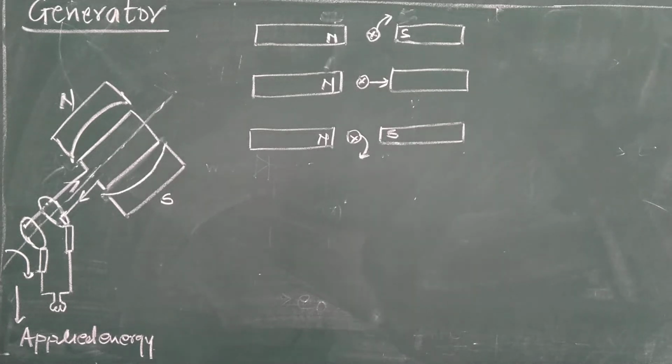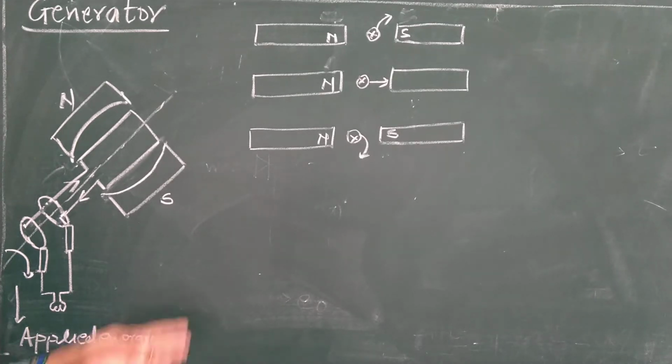Now today we are going to consider the next device, which is nothing but the generator. The working and construction of a generator are the same as those of a motor. Already in the previous chapter, the magnetic effect of electric current, we have seen the working of the motor. We have seen one topic, torque acting on a current loop, that is equivalent to a motor. And now we are going to consider the generator.